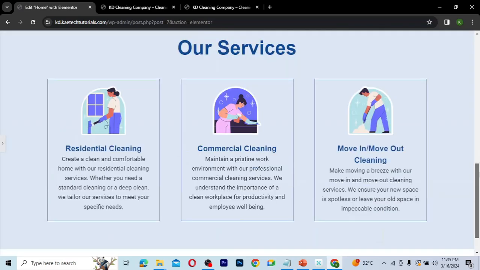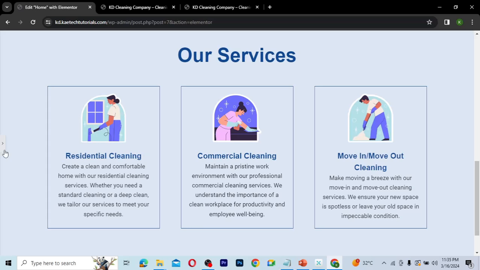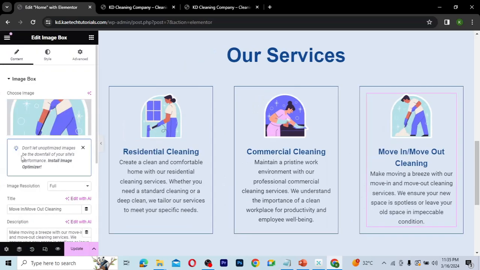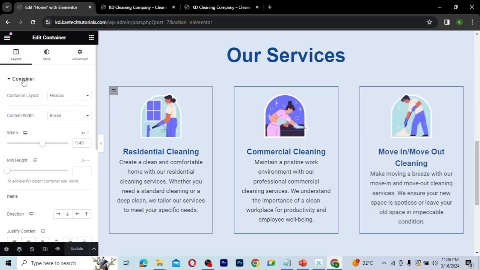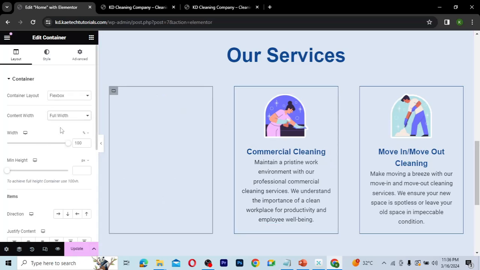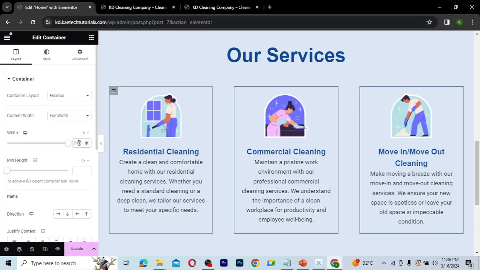So as you can see, we are still moving on, and we are creating our home page. I'm just going to click on update over here. Now what I want to do is click over here and see how everything looks. You can change the content width to full width, and then adjust everything in percentage over here. For instance, if I change this one to full width at 100%,